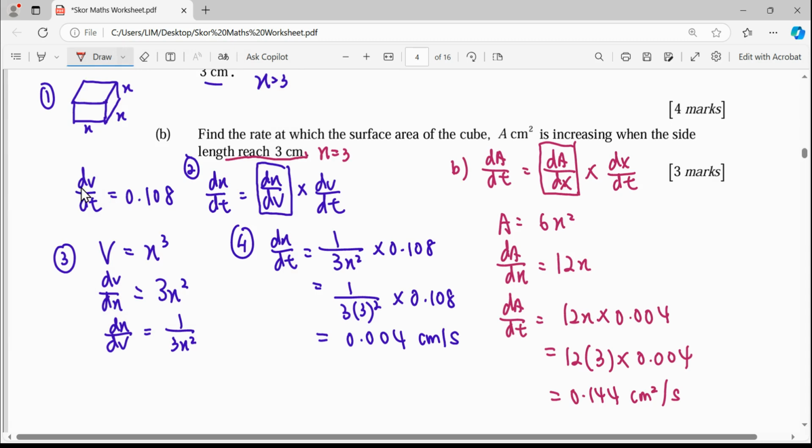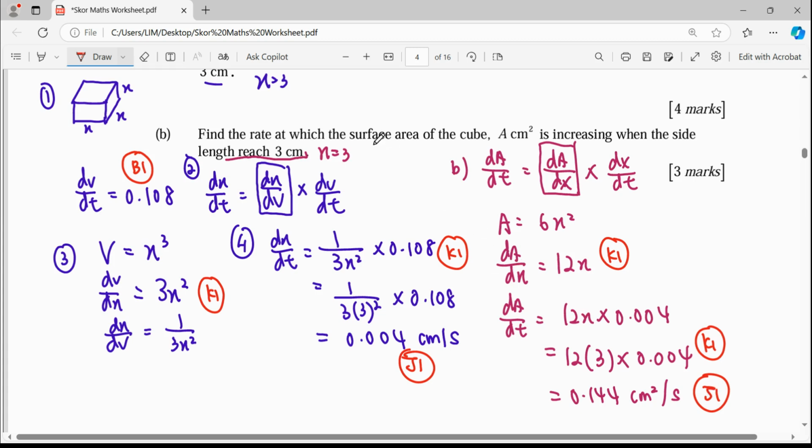Alright, so we look at these 4 marks. First of all, differentiate V with respect to x. Here will be one concept of the marks, and then reading out the dV/dt value, then build out your chain rule and substitute your 3 here to get the answer. Then when we come to second part B here, differentiate the area with respect to x, use your chain rule and substitute your 3, and this will be the answer. So here you have